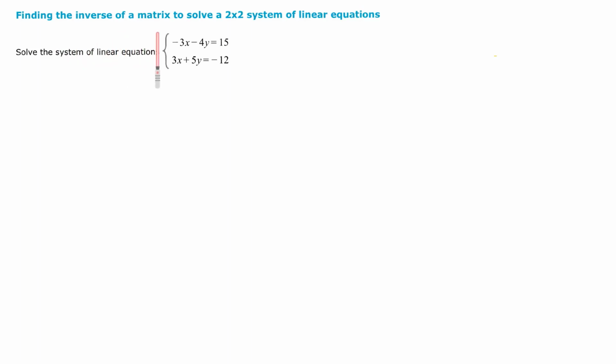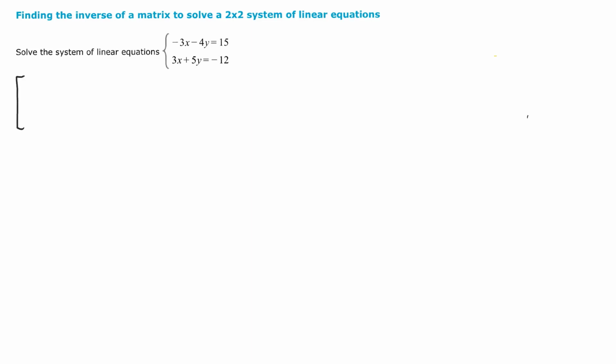Finding the inverse of a matrix to solve a 2x2 system of linear equations. Let's solve this system. In order to find the inverse of a square matrix, we're going to use the Gauss-Jordan technique. And the way we do that is we're going to first set up a 2x4 augmented matrix. That augmented matrix is going to look like